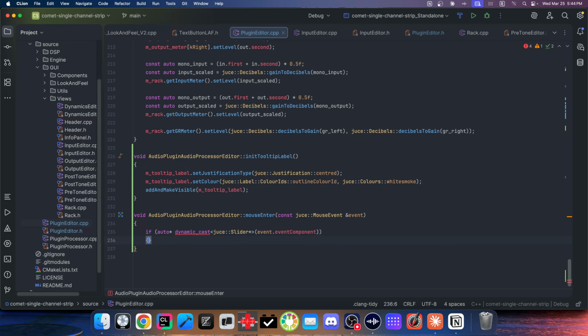Did I do that wrong? Auto slider is equal to dynamic cast. Is there something wrong with this? Never used. Okay, cool. So